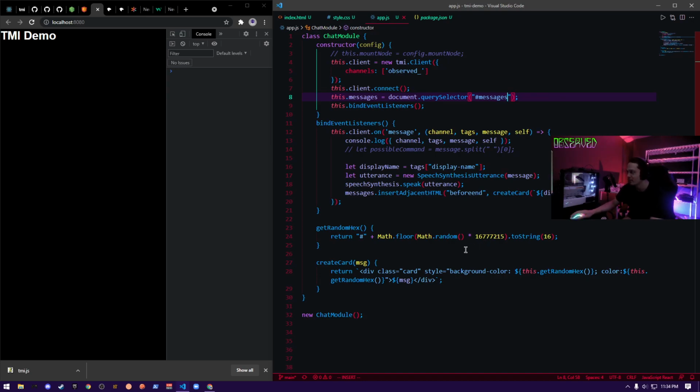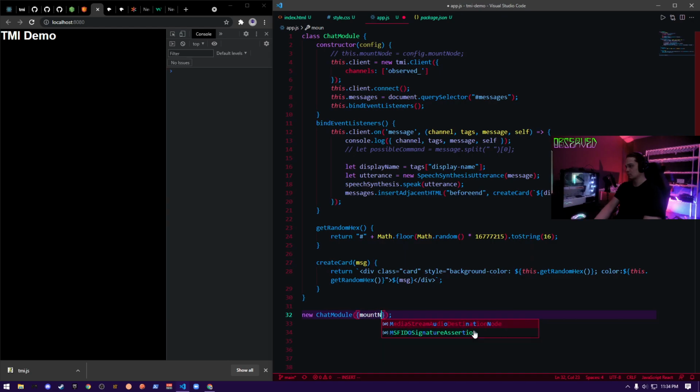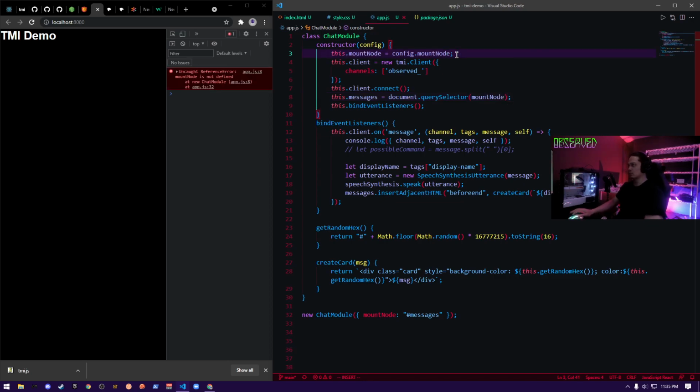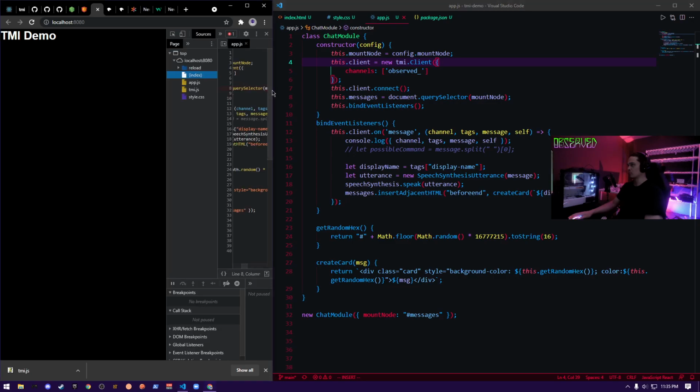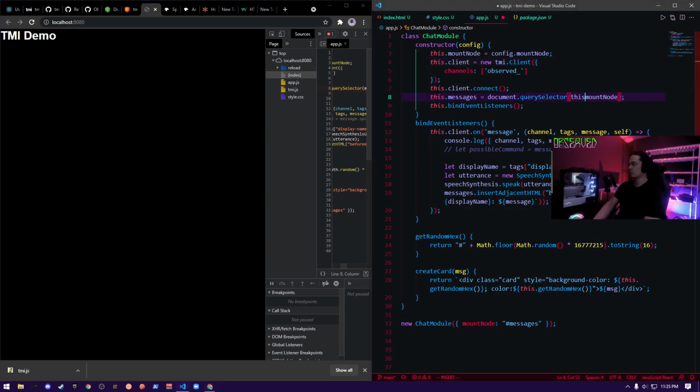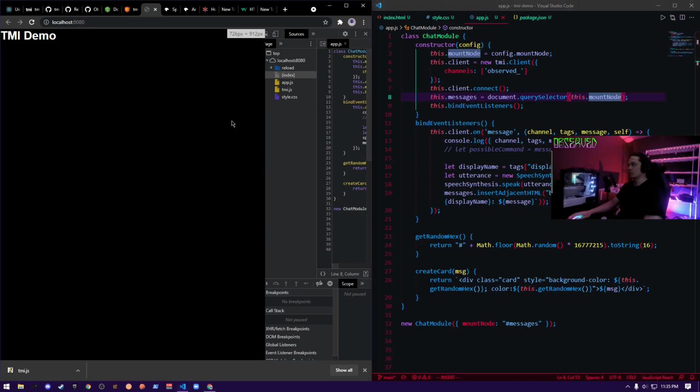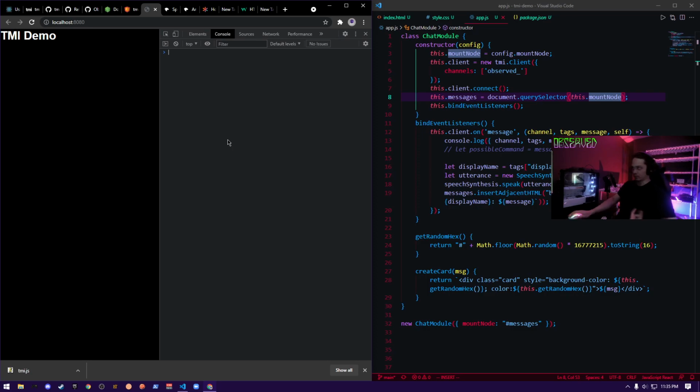Okay, that's weird. We're passing in config. Okay, so this should work.